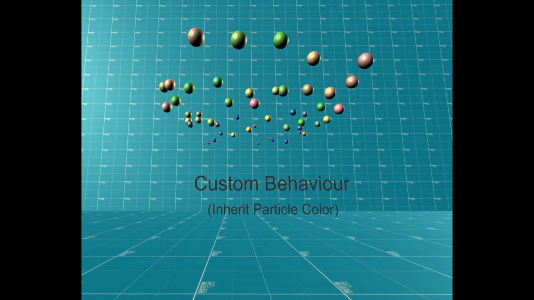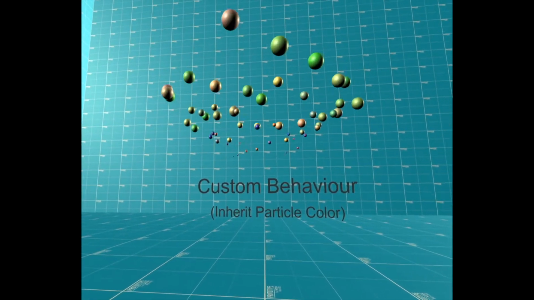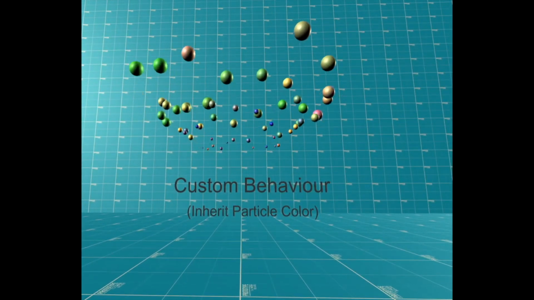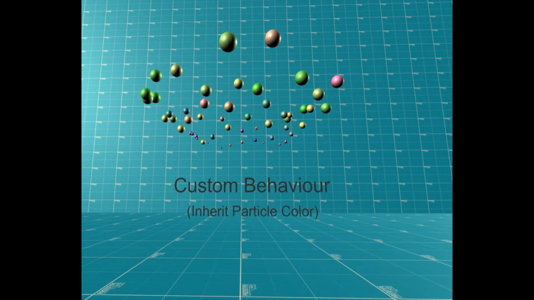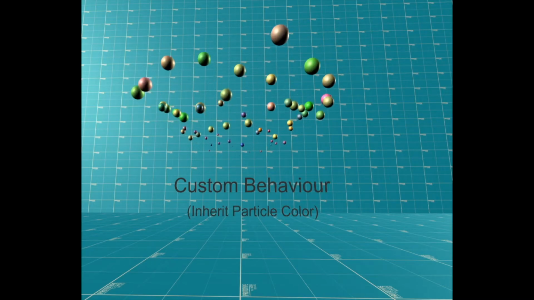Finally, we see our custom behavior tutorial example demonstrating how to inherit particle color over a lifetime as a custom scripted behavior. These objects inherit the movement and color of the particles and are immediately recycled back into the pool